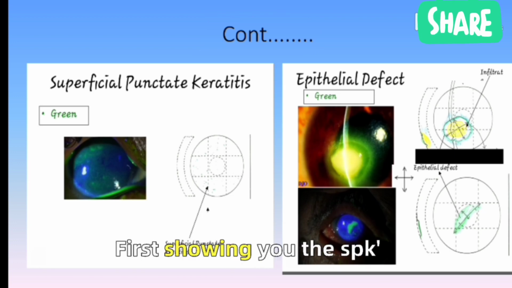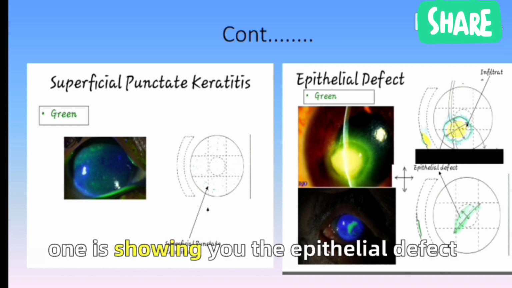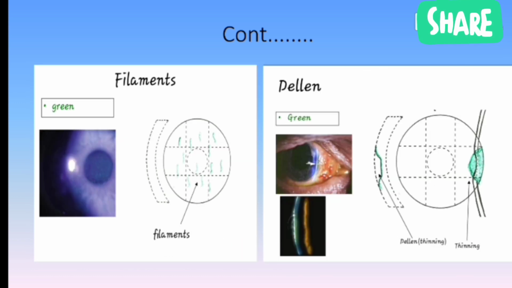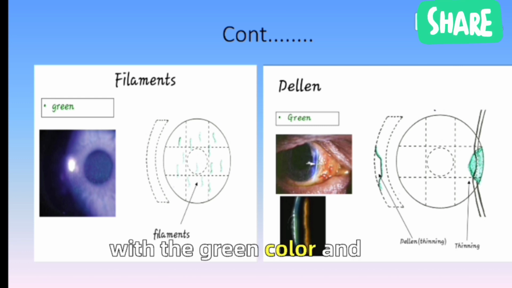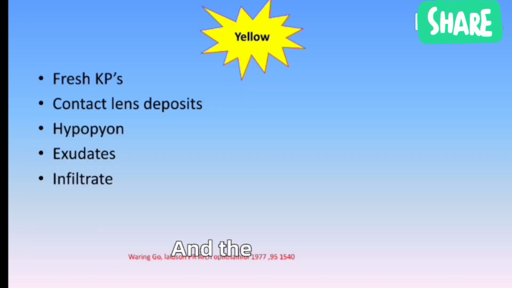The first picture is showing you the SPKs, which is superficial punctate keratitis, with green dots over the cornea, and the second one is showing you the epithelial defect with green color, and for the defect you have to take the measurement also, which could be vertical or horizontal. This picture is showing you the filaments with green color, and the second one is showing the Dellen, which is thinning, with green color, and the yellow color is used to document fresh keratic precipitates, contact lens deposit, hypopyon, exudates,